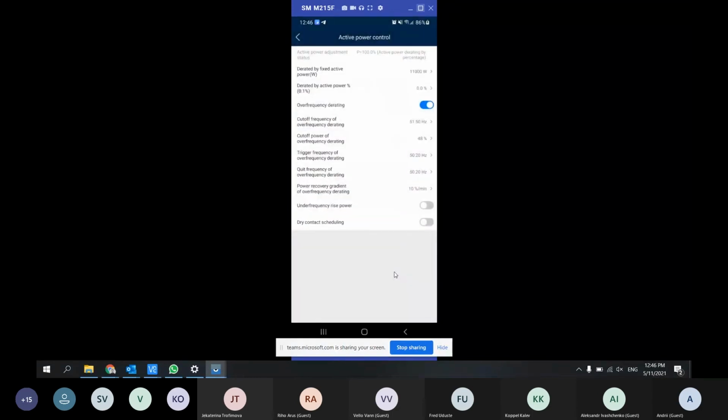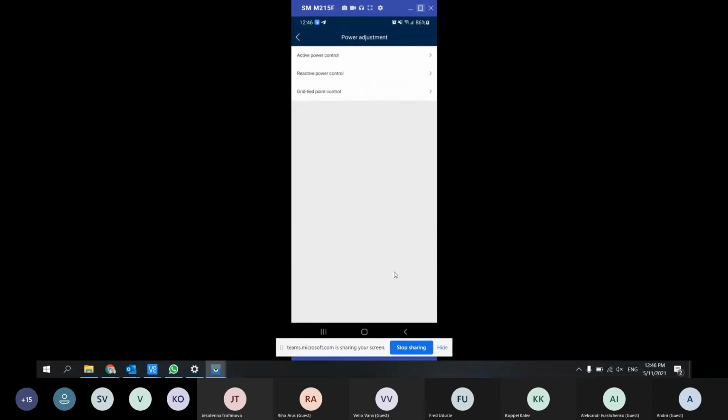Okay, this menu changes a little bit depending on whether the power meter is connected or not. So if you just want to modify the output power of the inverter, you go to active power control, or reactive power control if you want to modify reactive power. And if you want the export limitation, you need to go to grid tied point control.